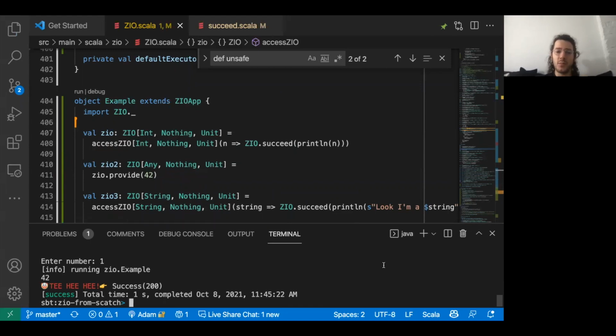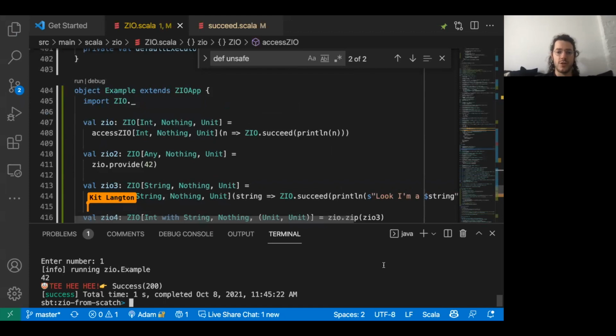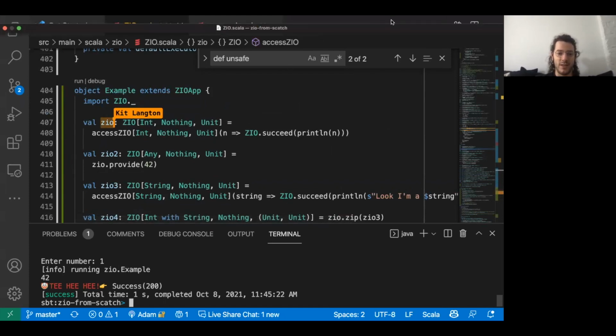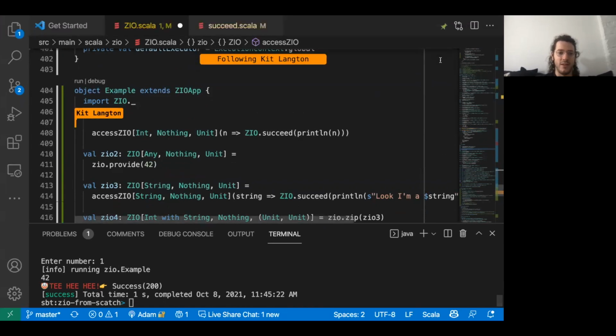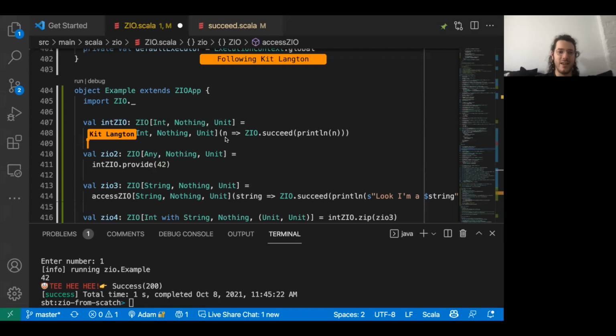And it has this nice property, as we've seen here, which gives two ZIO effects, and I can just give these slightly different names. Let me rename symbol, int ZIO. Yeah, so we have an int ZIO here. So this is a ZIO that requires an int. And then also, we can have ourselves a string ZIO, which is going to be a ZIO that requires a